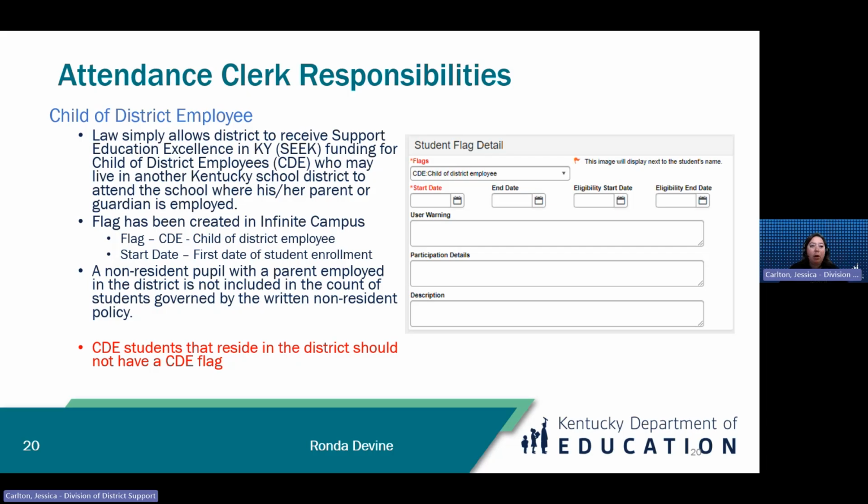So we encourage boards to be involved in this, local boards, so they know how many CDE students from out of state are in their district, so how many they're not receiving funding for. In that case, the child will have a CDE flag, but they will also have an out-of-state attendance group that they're put on that'll account for them when you run the SAR.